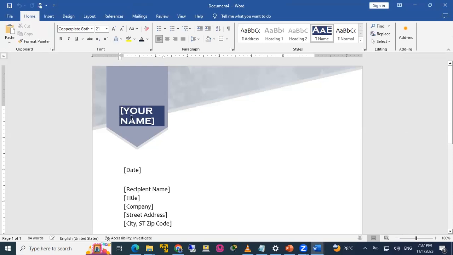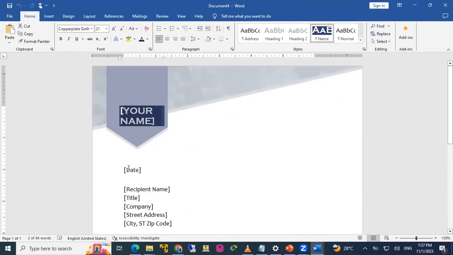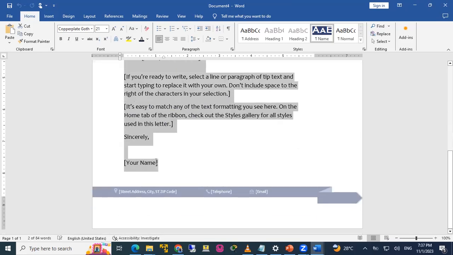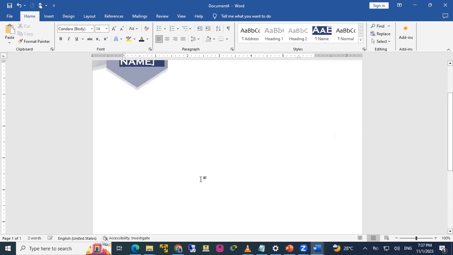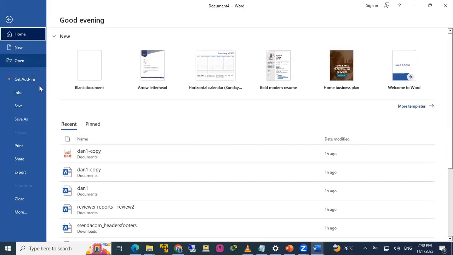Okay, so your name here, maybe your company name here, you can change all this one. So this is a letter, like a letter form. So you can actually delete all these ones. You can delete all this text. Or you can keep it. And then you can print this on your papers and put them down. So that anytime you write a letter on your plain sheet, you put the paper there and you print on it. Or you can keep this as what? A soft copy. And anytime you want to do something, you come and type within the soft copy and then you print. Then the last one is a brochure.